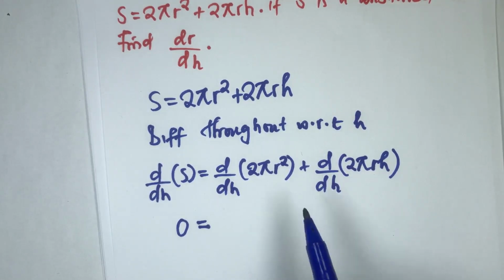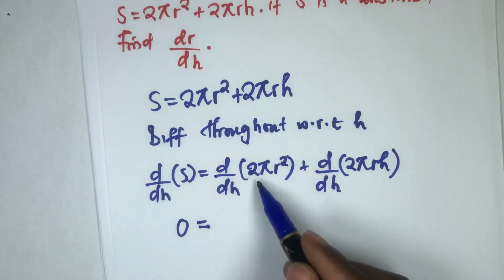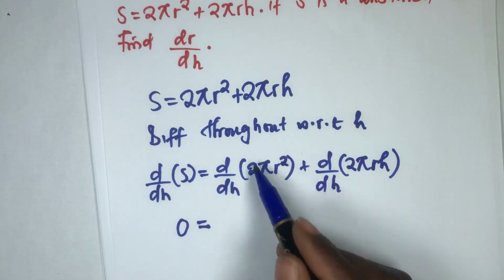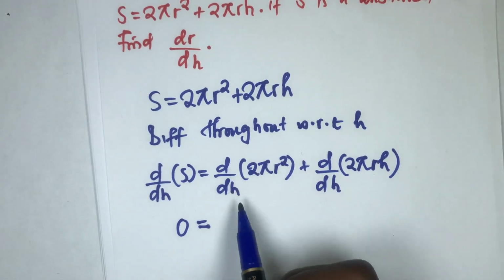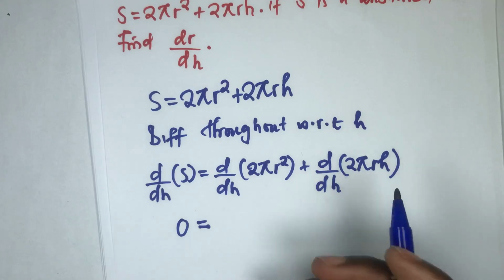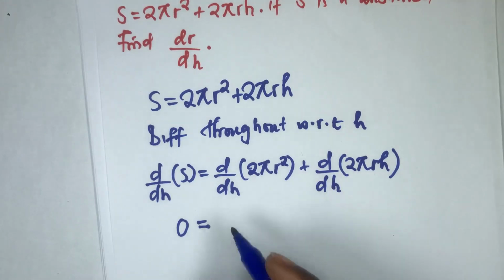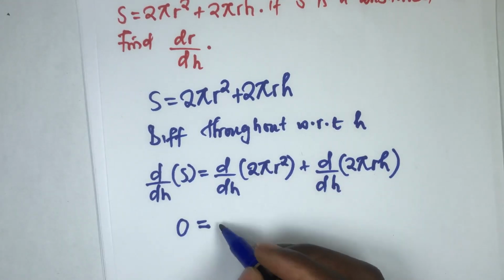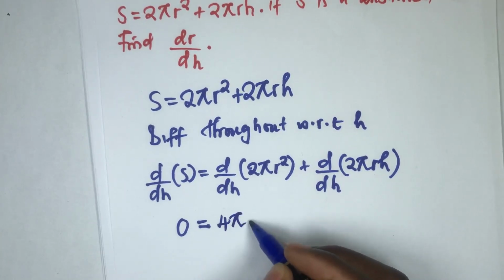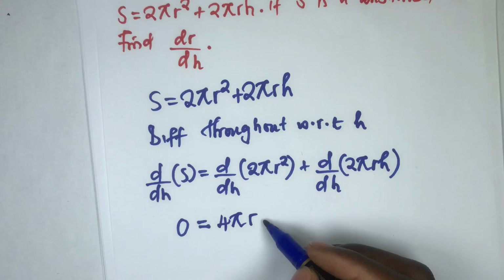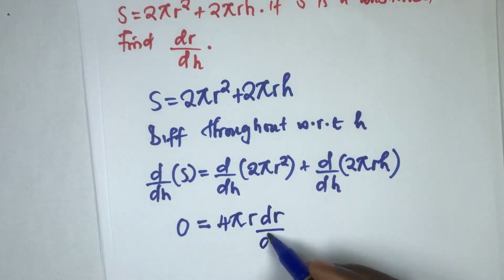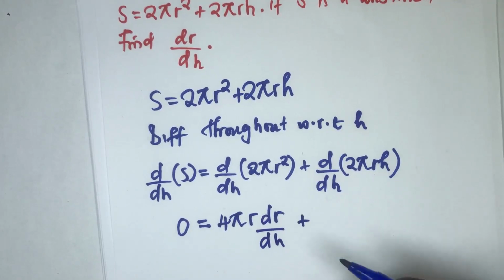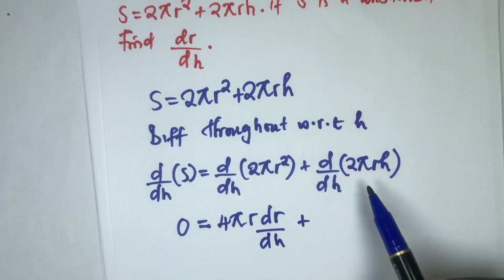So now when we differentiate this here, we're going to differentiate this the normal way, and since r is a different variable from h here, we're going to introduce a dh there. So if you differentiate this, you're going to get 4 pi r, then we introduce dr dh like this, plus, so now if you notice here, we've got 2 pi